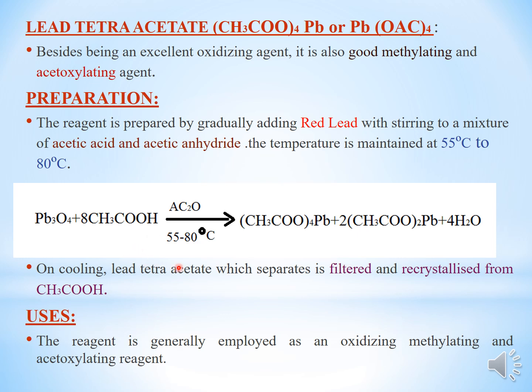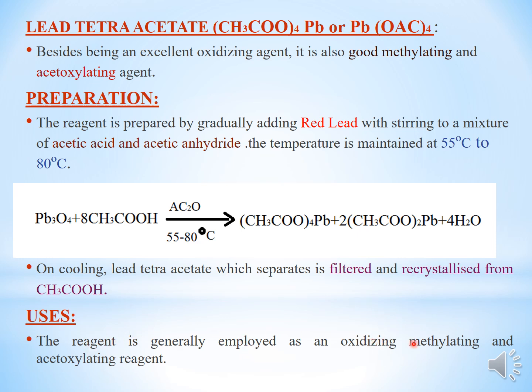And if you have to do it, as you will do in the preparation, in a synthesis lab, first you will mix this solvent, and then you will add the red lead, and then you will get this product. When you get the crude product, you have to do the filtration. Whatever crude product separates out, you have to filter it, remove it, and then recrystallize a pinch of that crude product with acetic acid. I will show you in the upcoming slide the picture of the crude product and the recrystallized product.